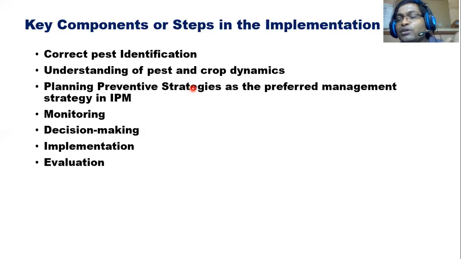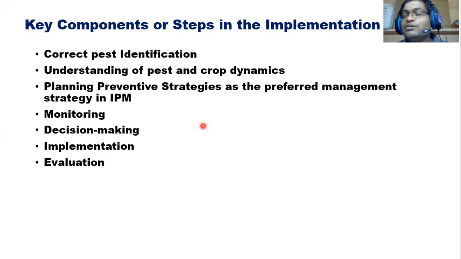And also you have to go for monitoring. Once on alternate days you go there and see how many egg masses are there, then you can decide how much yellow stem borer larvae will be there in the future. From the monitoring, you take the decision on how many stem borer larvae will be there in the future, if they are in the main tillering stage. If it is the tillering stage and this much will be there, how much yield loss will I get, and do I need management now or later?